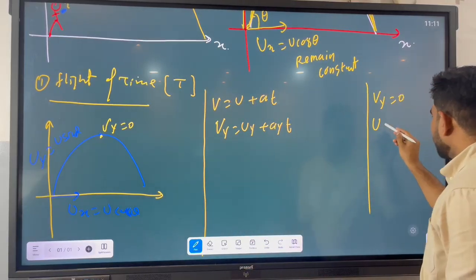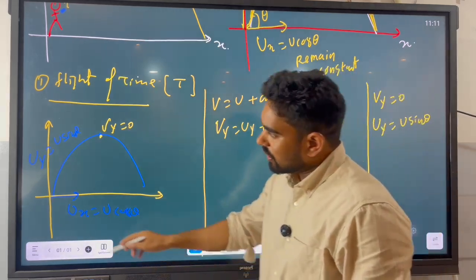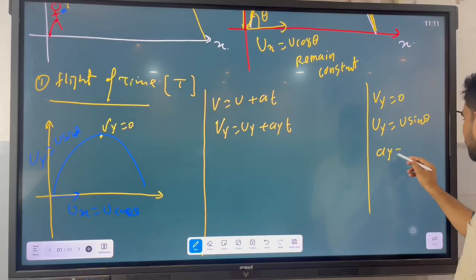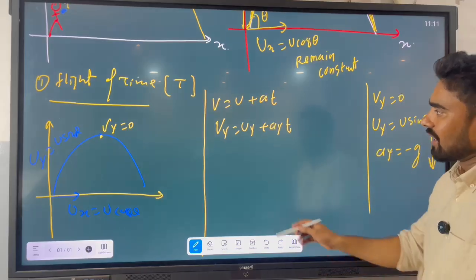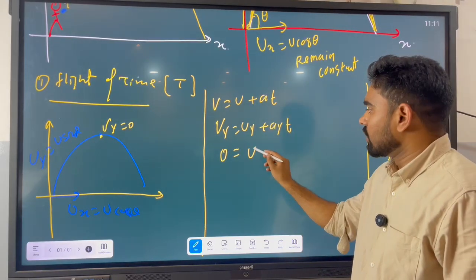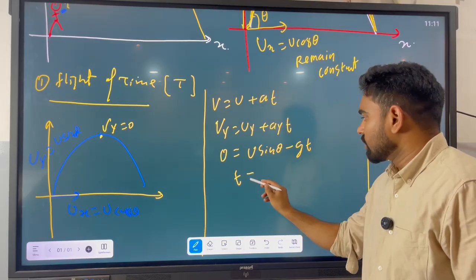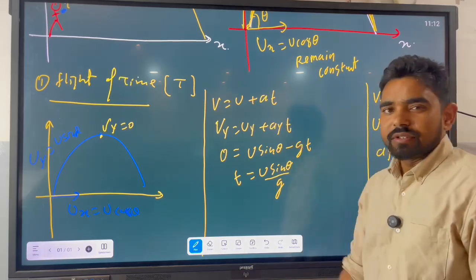And uy equal to u sin theta according to this component, right, and ay equal to negative g because acceleration due to gravity acts vertically downward. Put here 0 equal to u sin theta minus g t, so t equal to u sin theta divided by g,